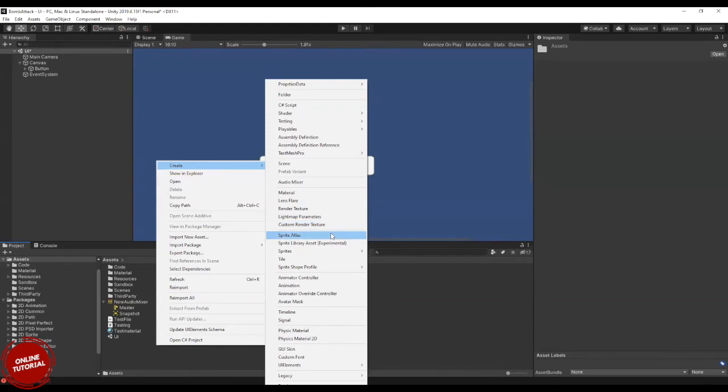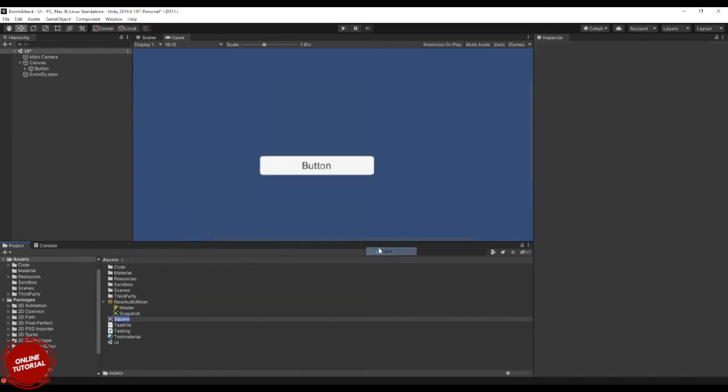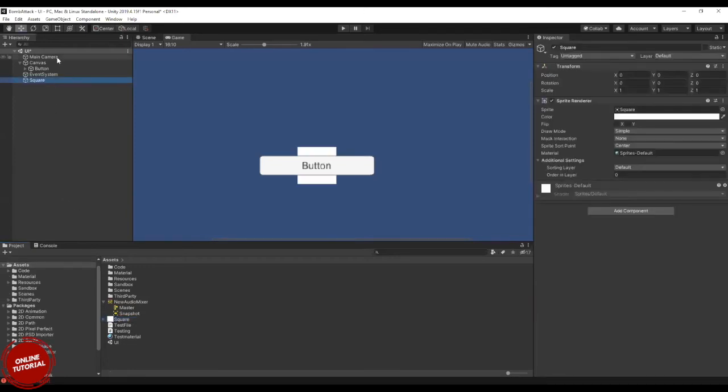Sprite, again, these three components are related to sprites. A sprite is any image which is rendered through pixels. This is a square sprite and I just want this square sprite to be rendered on this. So this square sprite is here.